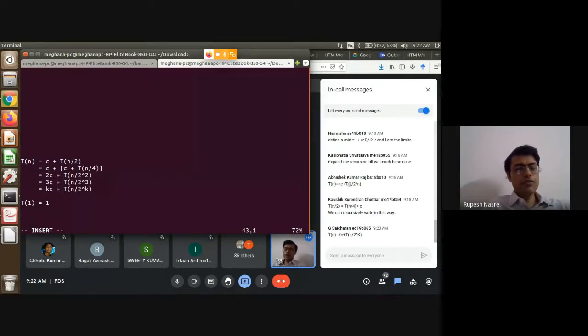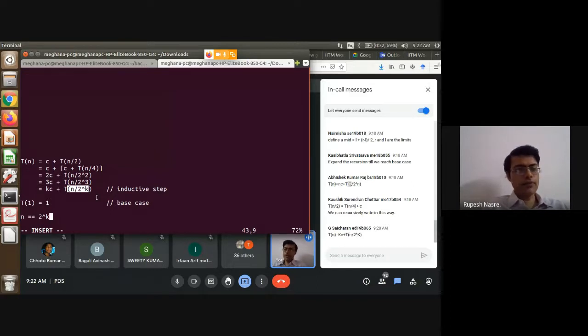So if I have to substitute this, then I have to say that n equals 2 to the power k. Why am I interested in this value? Because I want this to be the base case finally, because I want to solve it. So this is called the inductive step, and this is the base case or base step. So I have to come to this, because then I'll be able to substitute here: 2 to the power k is the same as n, and therefore k is the same as log n to the base 2,